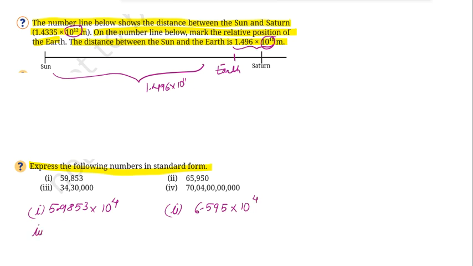Then for the third one, 3.43 and then how many 10 raised to the powers? 1, 2, 3, 4, 5, 6, right? I am shifting the decimal 6 places to the left. So it would be 10 to the power of 6. And then for the fourth one, it could be written as 7.004 or kitne places? So 3, then 4, 5, 6, 7, 8, 9 and 10. So 7.004 times 10 to the power of 10.